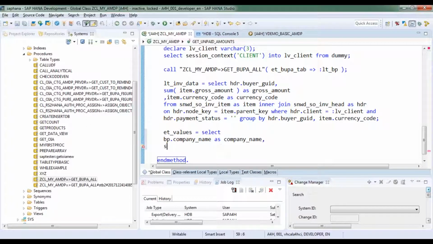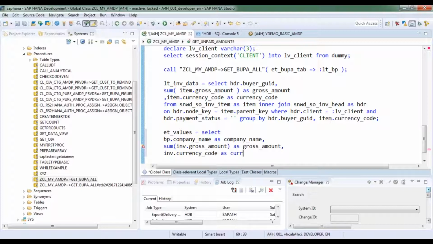So I will now do a sum of gross amount from invoice data, sum of gross amount. I'm not doing any currency conversion right now. Remember, it's a SQLScript code, guys. Though you're writing in an ABAP class, it's a SQLScript code. Okay, you can test this code first in your HANA console, and then you can put it here as well. You can also create a procedure in your sandbox environment, copy paste the entire procedure code directly in your AMDP. It will work. Okay, as gross amount, and then currency code from my invoice table once again